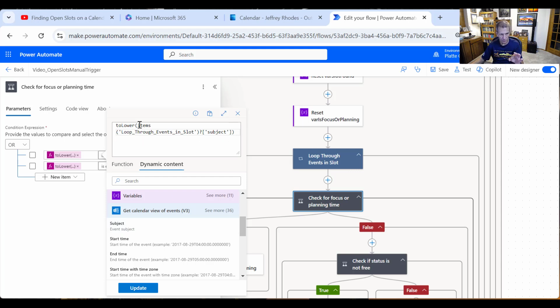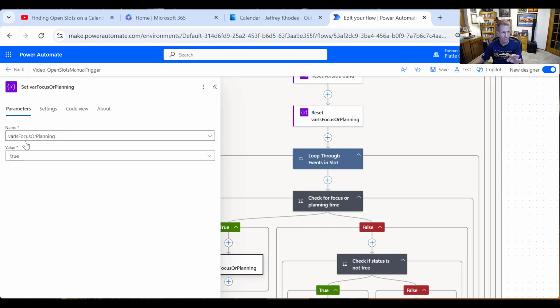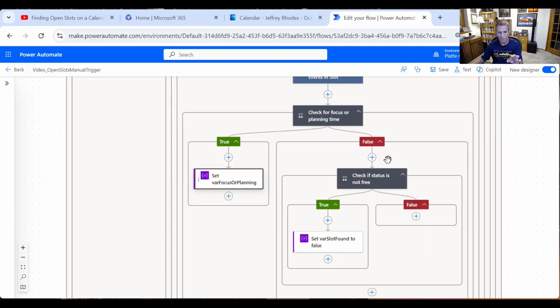And that's how it looks: items, and then it gets the name of the loop and calls it subject. So if that's equal to, and since it's lowercase I have to write this in lowercase, focus time or planning session, then if it's true, I just set that var focus or planning to true. And notice we've initialized it to false, so we don't have to set it to false. And then it says if it's false,